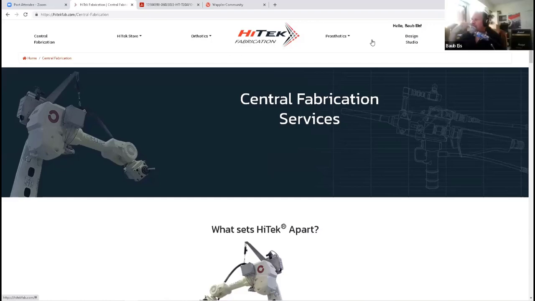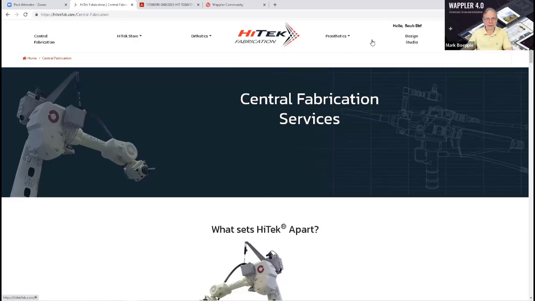Yeah, exactly. Well, really my pedigree was in computer networks. As far as this fabrication production facility, when they built it, I rewired the whole building. I set the entire network up. I built the data center. I installed all the servers. So I did this whole thing from the ground up. Holy cow. I know just enough to be dangerous. But a couple of questions on your Wappler server actions.